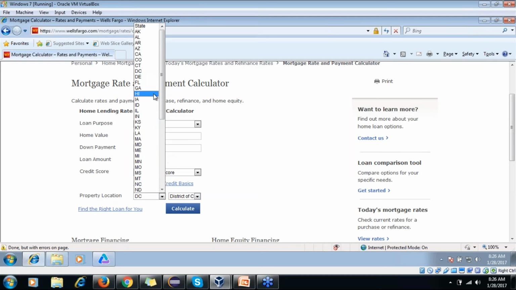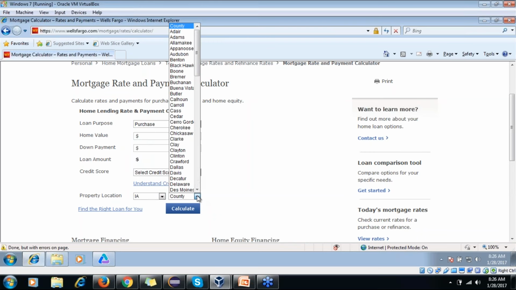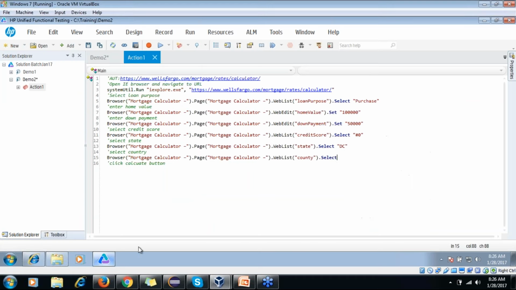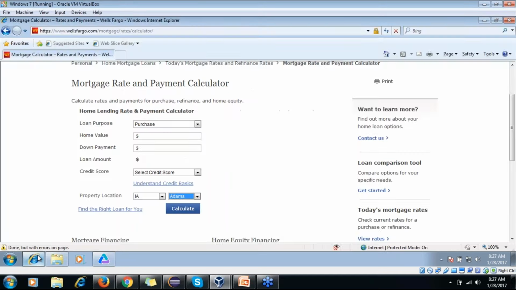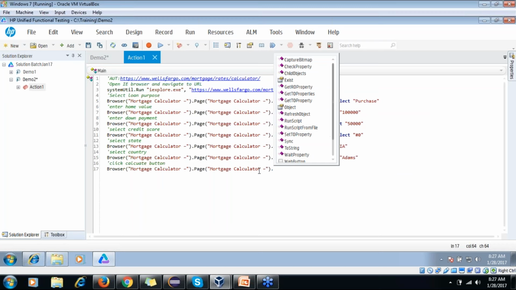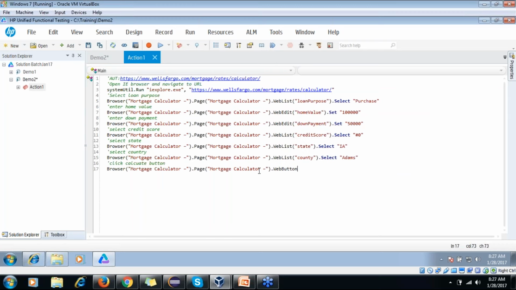Can anybody tell me about the state? Okay, so let me use this. Adams. All right, so I'll choose IA, and here I'll choose Adams. Okay, so now the final thing, we have to click on the calculate button, and that is a web button, and we have